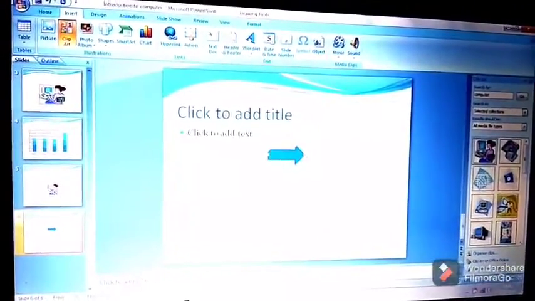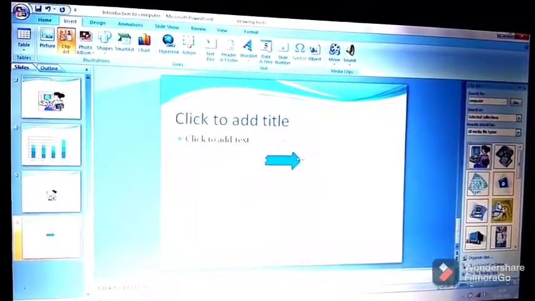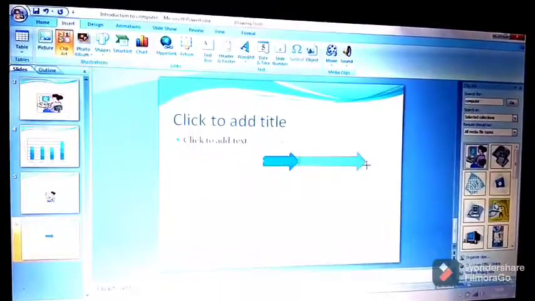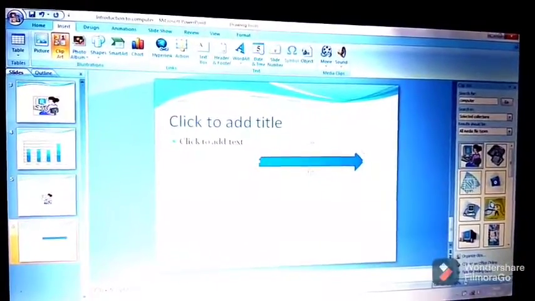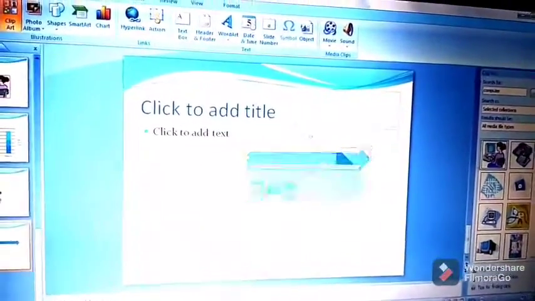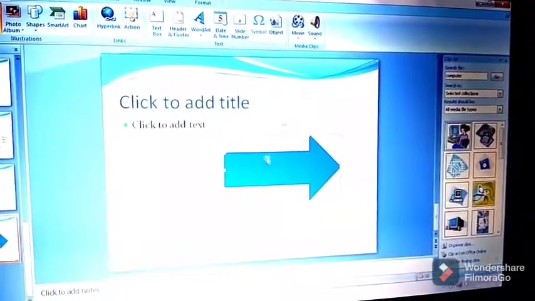You can change the size with the help of these buttons by dragging. A double-sided arrow appears here. Now you can stretch it. Now the size increases. Again a double-sided arrow appears here, then stretch it. So you can increase and decrease the size of your shape.